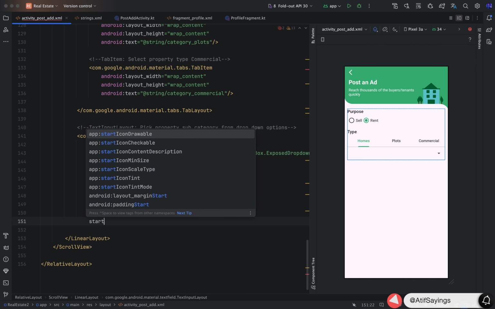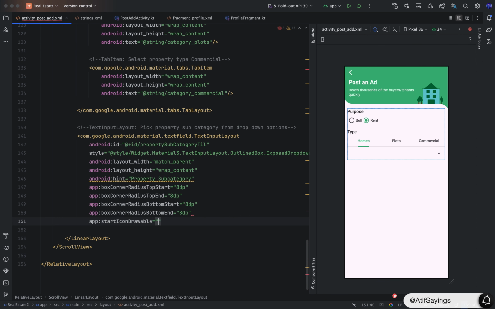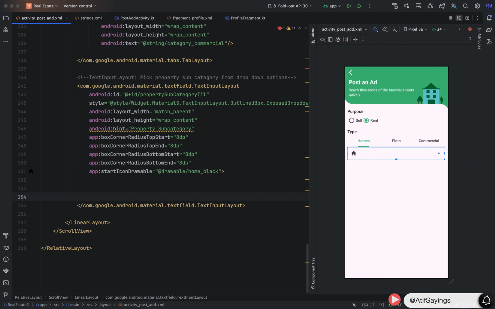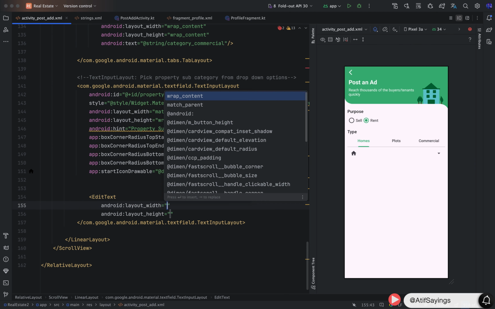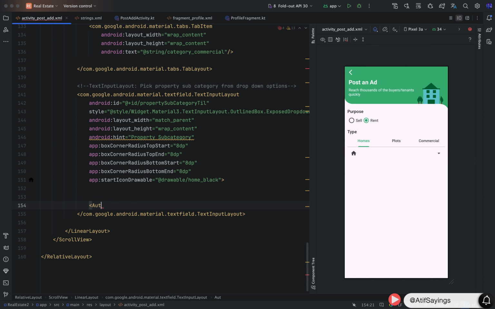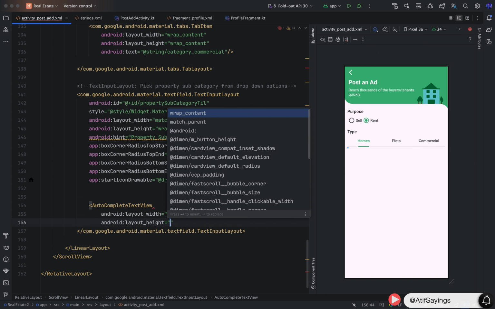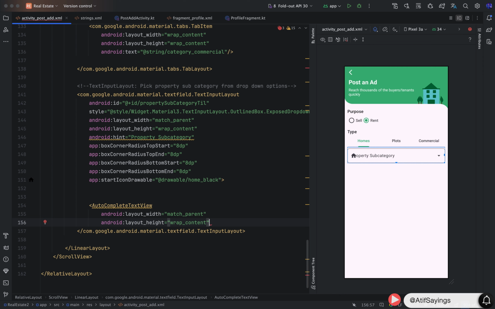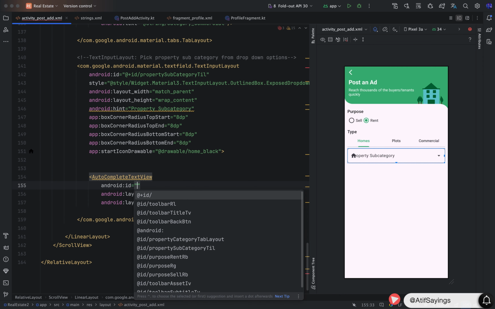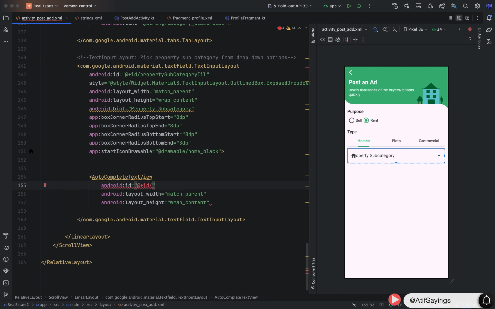Now we need to show an icon in start of this text input layout using the property start icon drawable, and the icon is available in drawable folder with name home black. Now inside this text input layout we need to create an edit text. Instead of edit text we need to create autocomplete text view. Width will be match parent and height will be wrap content, and ID of this autocomplete text view will be property subcategory